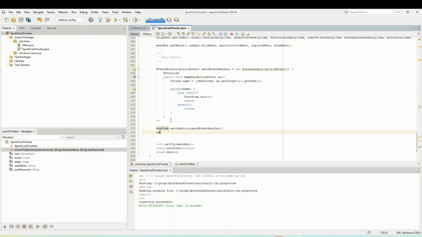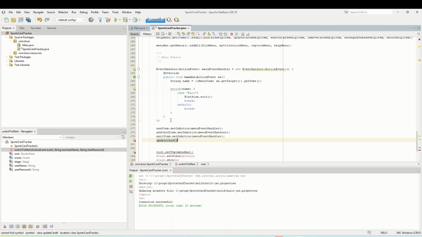So the next one is add card item, exit item, update card item, remove card item, back up